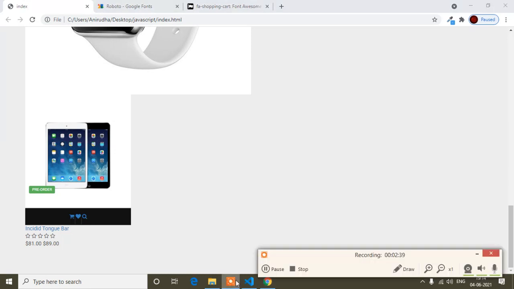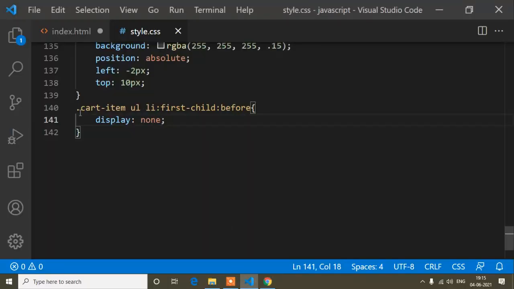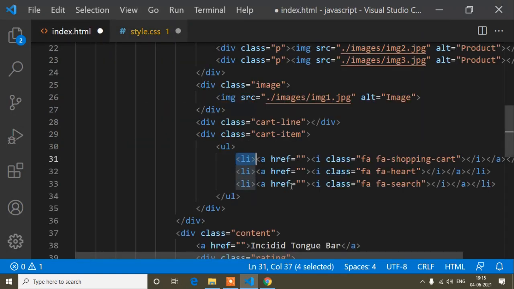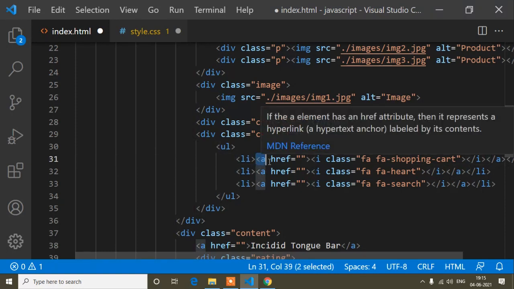And now guys, I will go again, copy and paste this one, and now the a tag, the anchor tag, because inside this li you can see there is an a tag. So now I will add the design for the a tag.